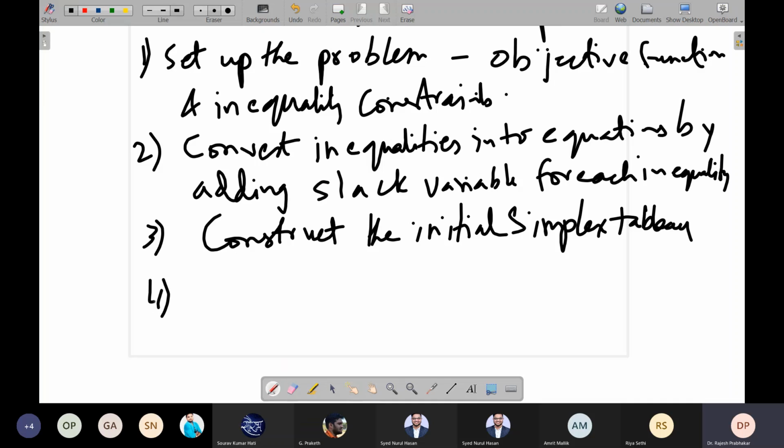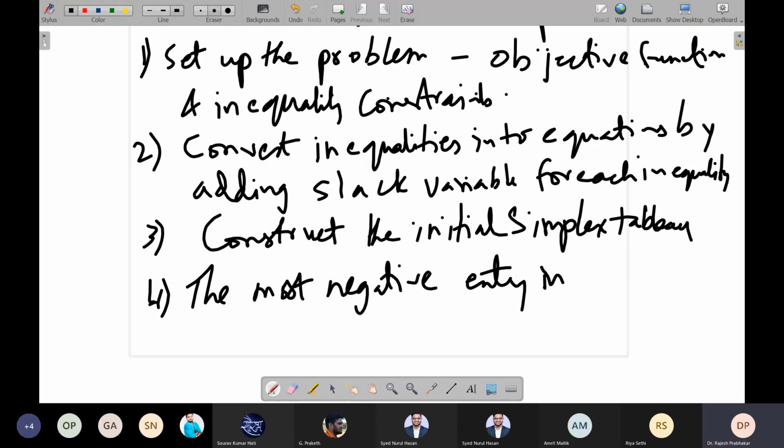Then step 4. The most negative entry in the bottom row identifies the pivot column.